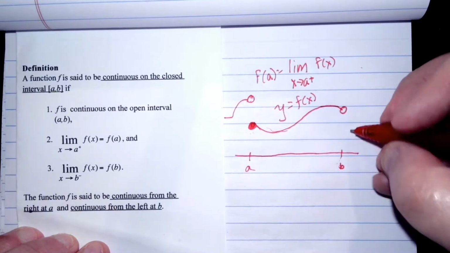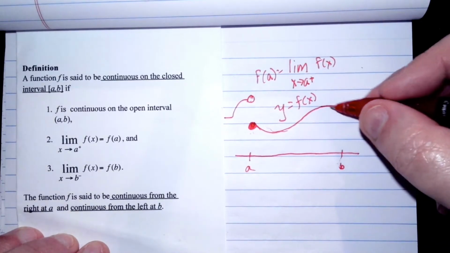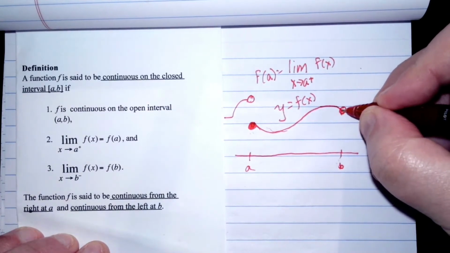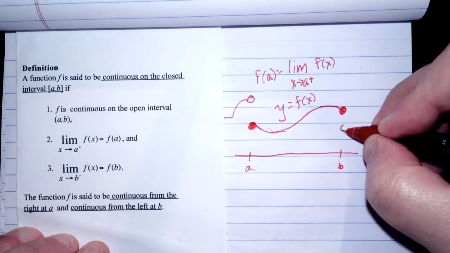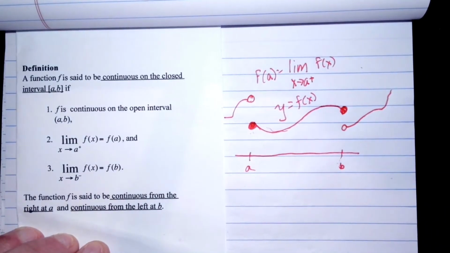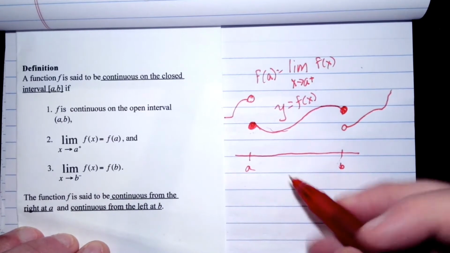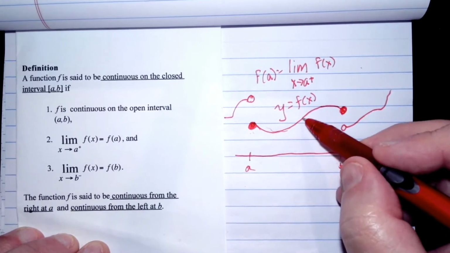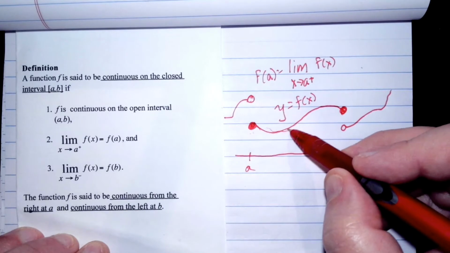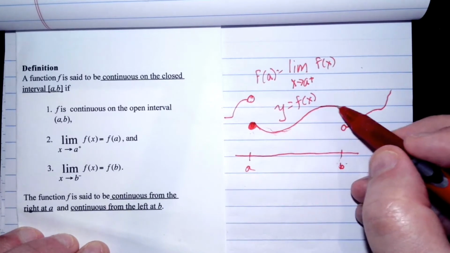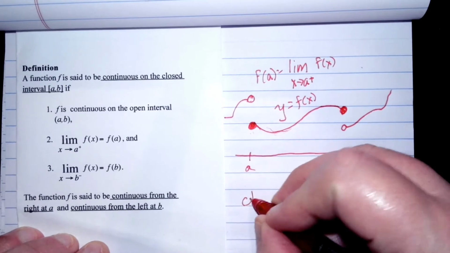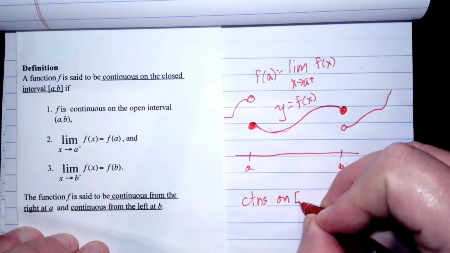Similarly over here, if I want to extend the continuity all the way to b, I would need to define f of b so that that point is filled in. Now the function may continue on like that. This function is continuous on the closed interval from a to b. If you think of, say, maybe a little bug crawling along the graph, it can get all the way to a and it can get all the way to b without encountering a discontinuity, a point where the function is not continuous. So the function is continuous on the interval from a to b,